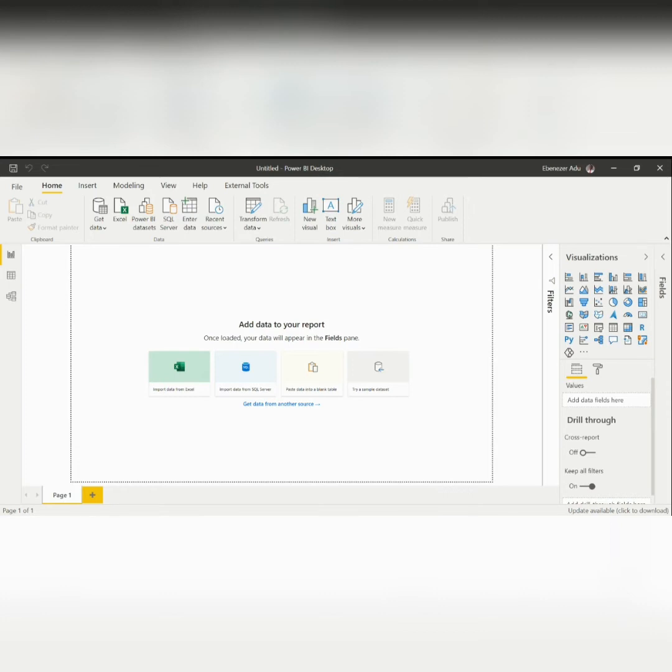Per the standard, anytime you get data, you need to transform before you load. It is given. You have to do that. Don't load any data set straight away. You need to do some transformation. For this video, okay, let's just go to transform data. So the transform data brings you to the query editor,